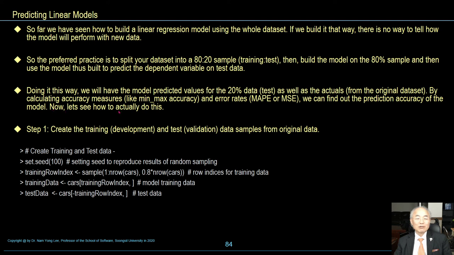Now let's see how to actually do this. First step, create training and test data samples from the original data by using these R commands: set seed, training row index, sample, nrow, 80% row indexes for training data, for model training data and test data.